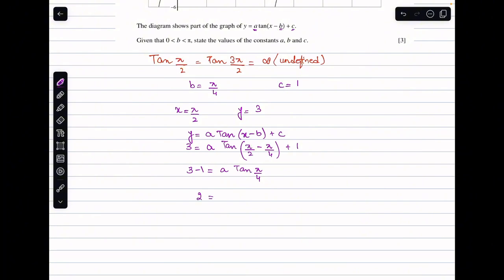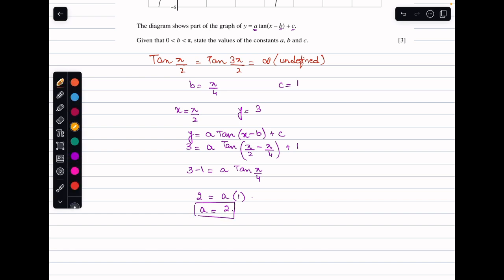3 minus 1 is a 2. So it's a times 1 here. Therefore, simply I can say that the a value here is a 2. So this is how I will be completing this question. And just to check,